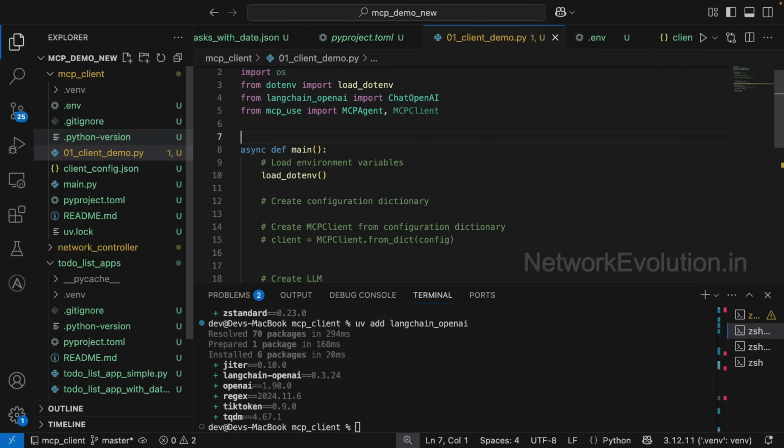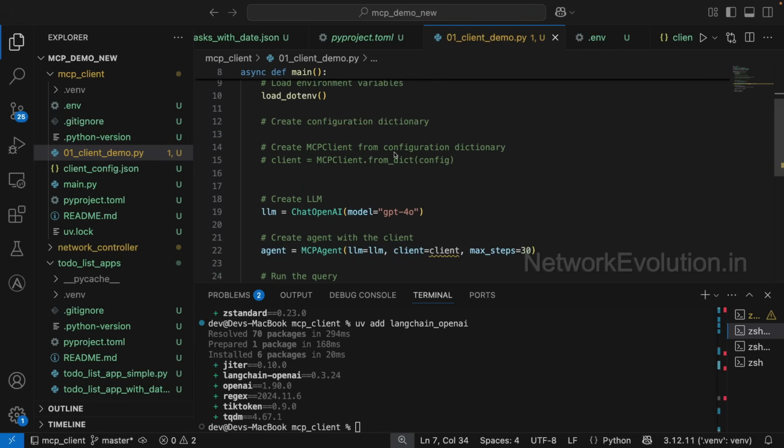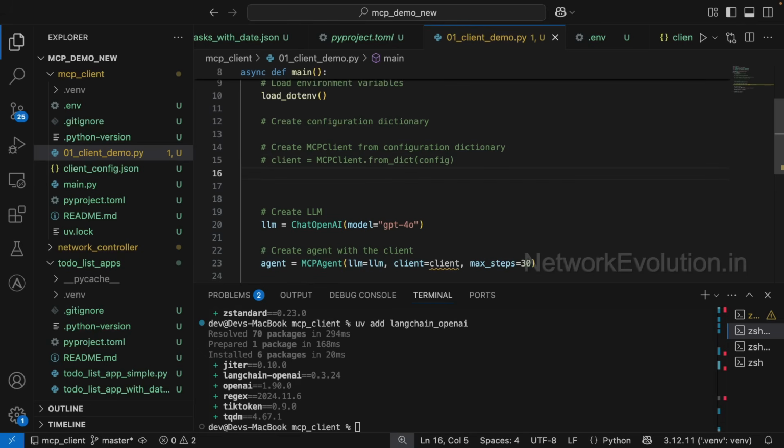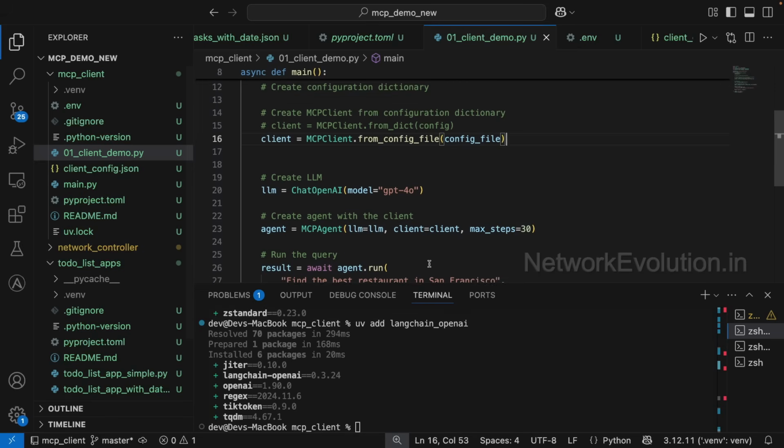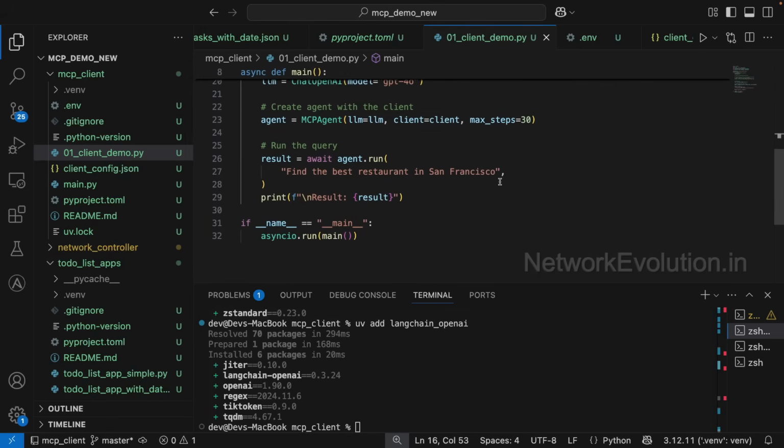So we'll create a variable here, config file equal to client underscore config dot json. Then here we can add the code for reading it from the config file. So we will be reading the client config from this. And now instead of passing this data,